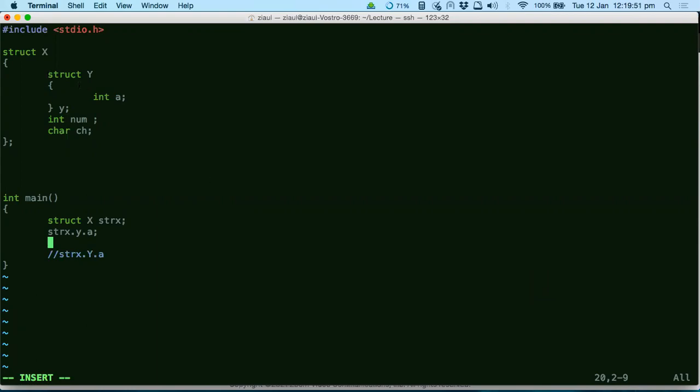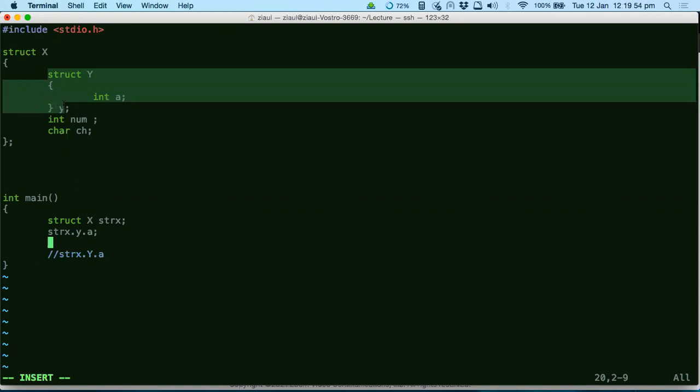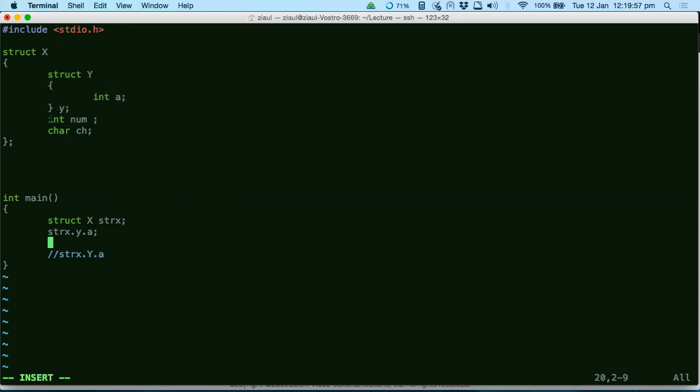Okay, fine. So for a struct, you have to give it a name. I have a doubt. Yeah, tell me. What if you define struct y as int a, and then you declare a variable y? That's fine. But then after int num and char ch, you declare struct y example, say. What if we want to access the variable a of example? Should we do struct x dot example dot a? Yes, you have to access the a variable of example, right?